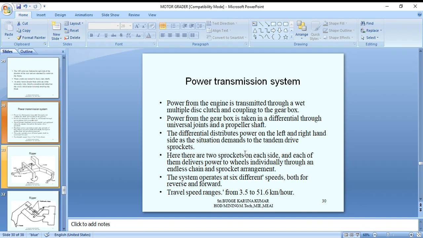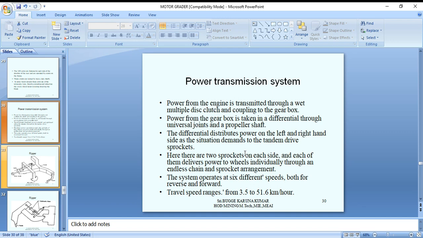Power transmission system. Power from the engine is transmitted through a wet multiple disc clutch and coupling to the gearbox. Power from the gearbox is taken to a differential through universal joints and propeller shafts. The differential distributes power on the left and right hand sides as the situation demands to the tandem drive